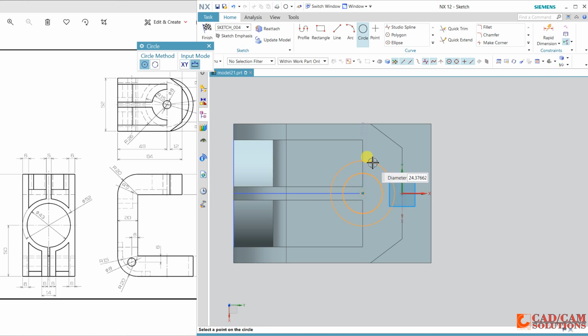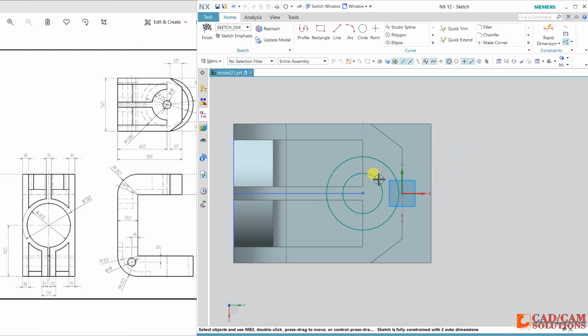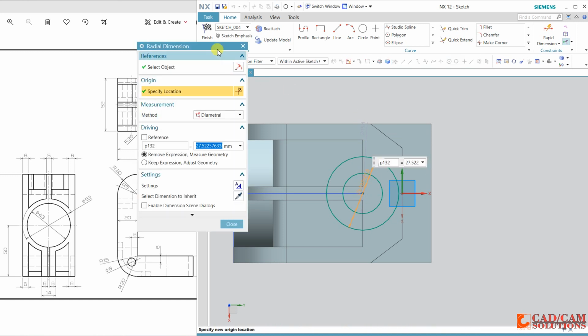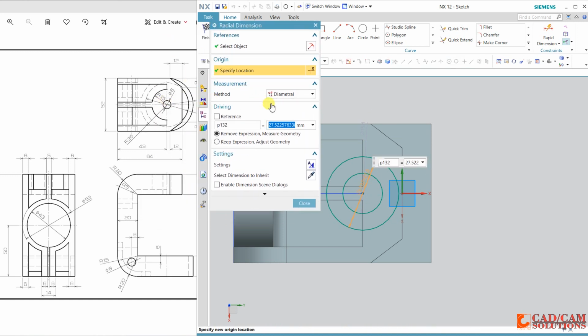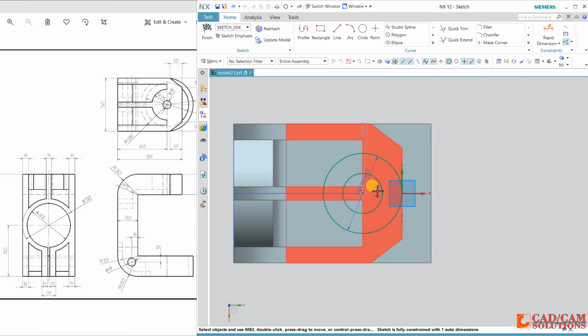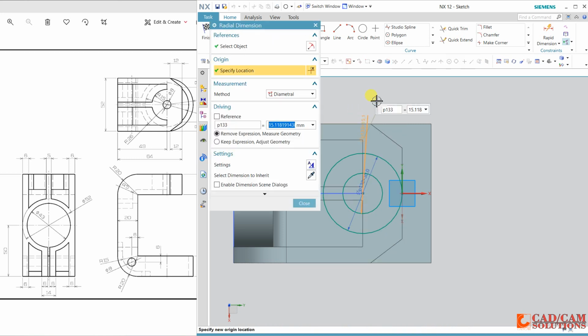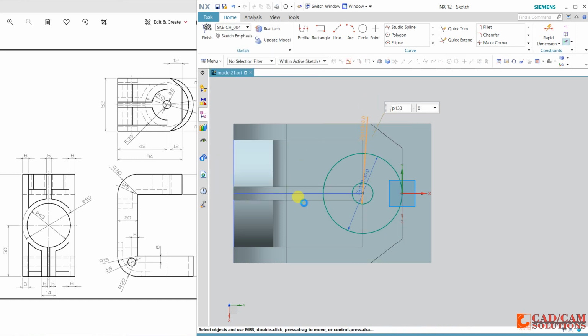One more circle. Now define this inner circle and outer. This outer circle is 15 radius and 30 will be the diameter, and 8 is the smaller one. 8 is the diameter, and click OK.